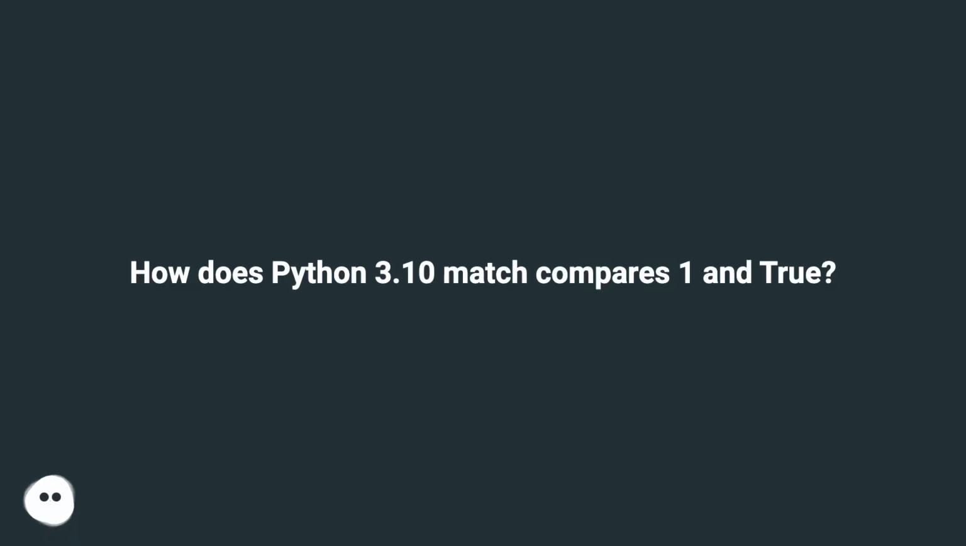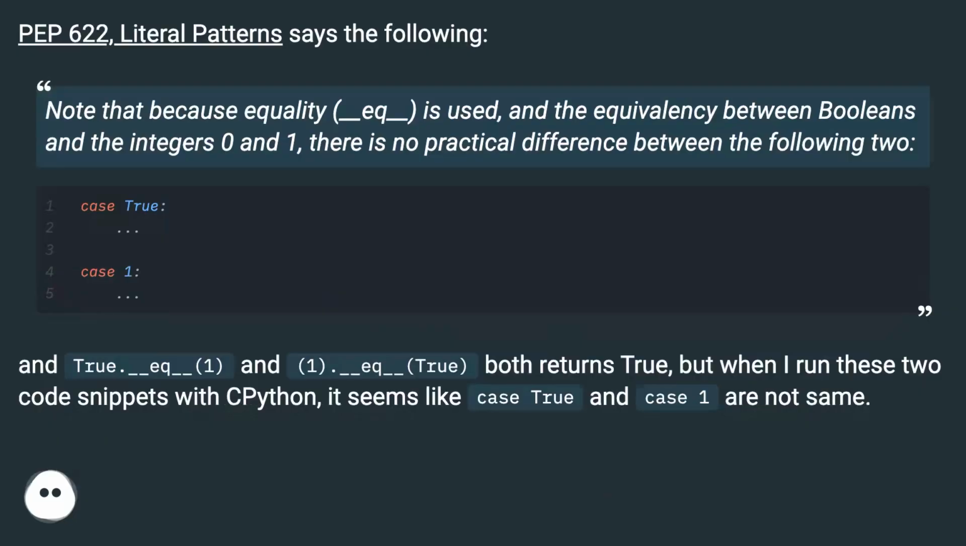How does Python 3.10 match compares 1 and True? PEP 622, literal pattern says the following. Note that because equality, __eq__, is used, and the equivalency between booleans and the integers 0 and 1, there is no practical difference between the following two. And True